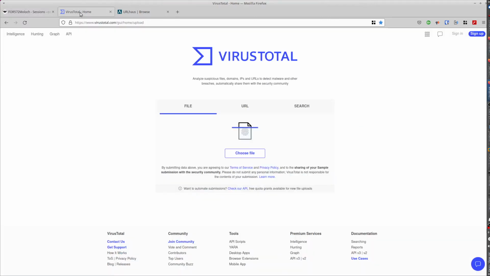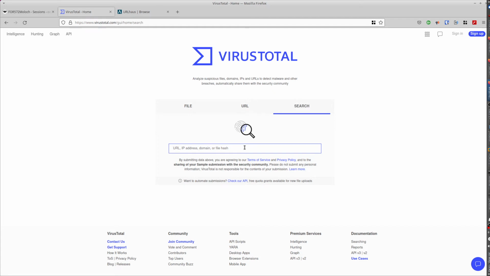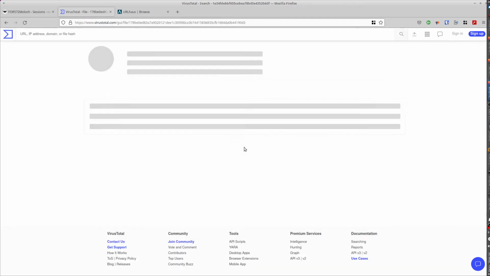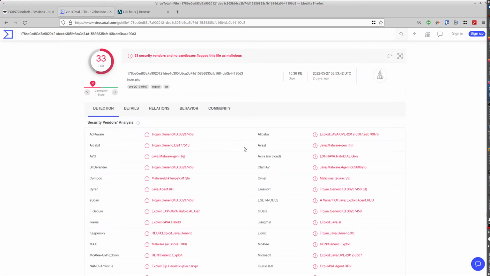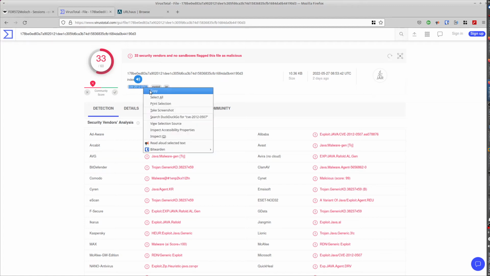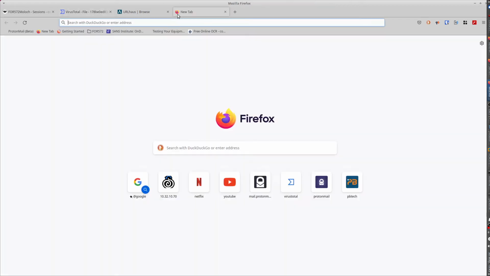and we go to VirusTotal to the search. We enter the MD5 and we do a search. And we get a confirmation that this traffic is suspicious. We have even a CFV file. If you want to investigate the CFV file, you just have to copy the number, do a search,